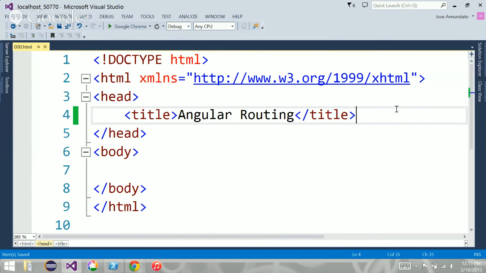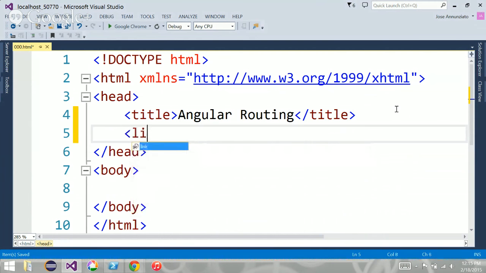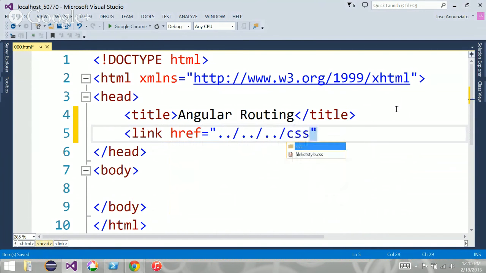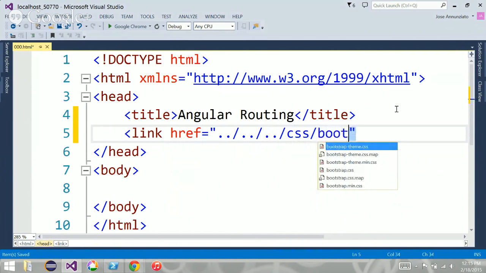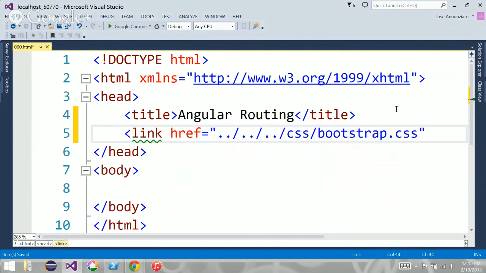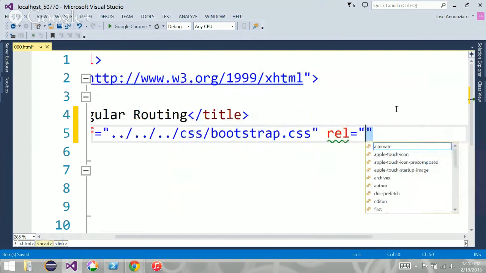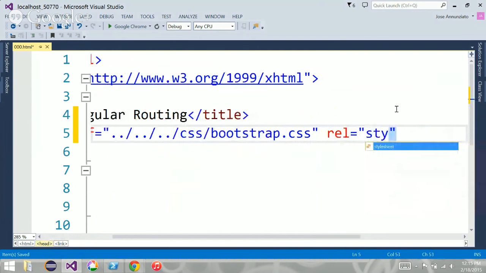Let's load the framework here. Let's load Bootstrap first. Href, go up one, another one, CSS, and then Bootstrap. This is the style sheet.